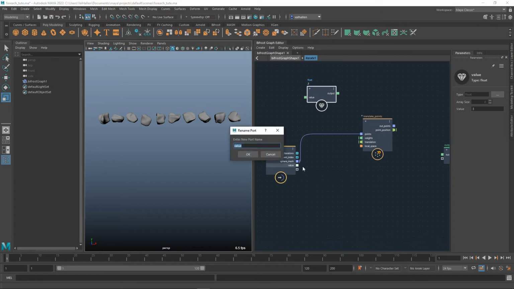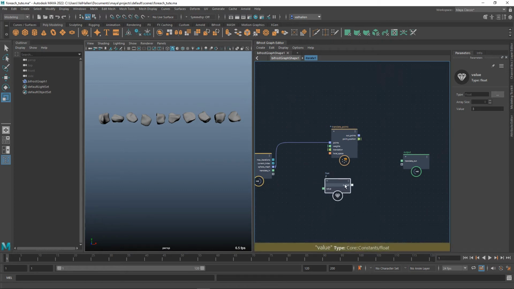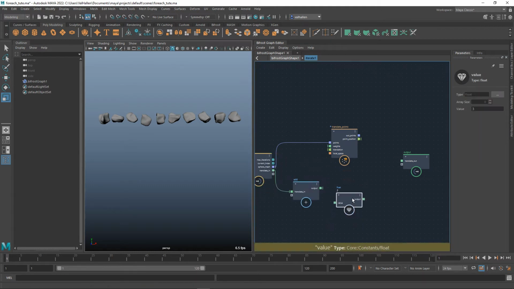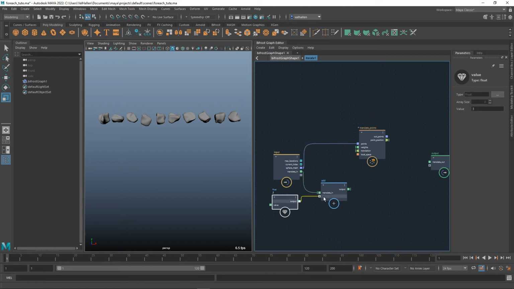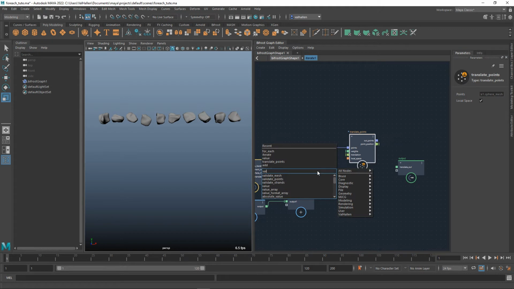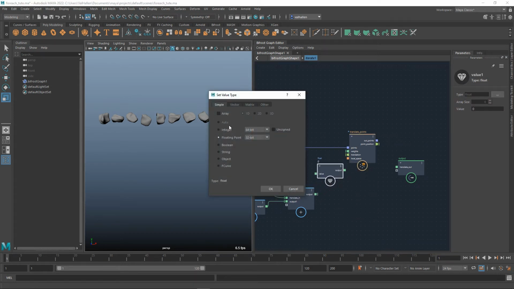So let's just rename this to translate in and translate out, like that. Great. So translate in comes in, and we throw down an add, and we're going to add this 3 value to it. Then once more we need another value that is a vector